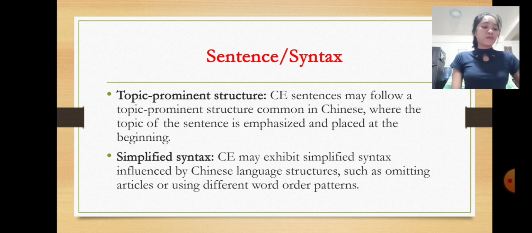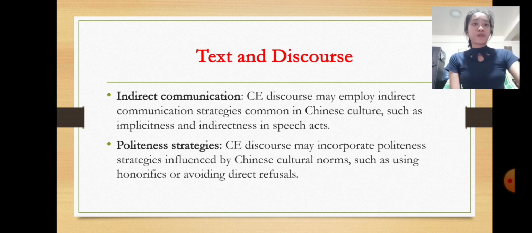So, text and discourse. Indirect communication. Chinese English discourse may employ indirect communication strategies common in Chinese culture, such as implicitness and indirectness in speech acts. For example,